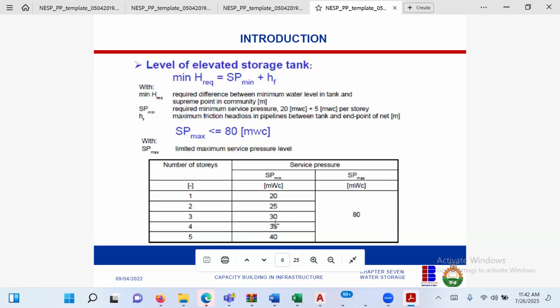What it means is this: if you are designing a water system, you must ask the architects, how many floors are we expecting in this area? You must ask that. Your design will focus on the highest floor. Let me say it again. You must know the highest number of floors. You don't use the pressure at the tap at the ground floor for your design. You use the tap level at the highest floor, or the highest person you are designing for, or the location